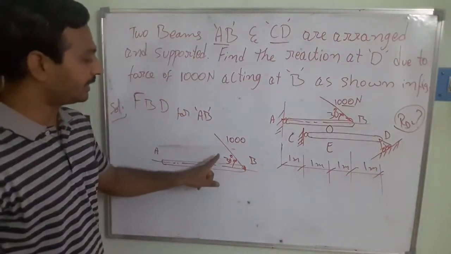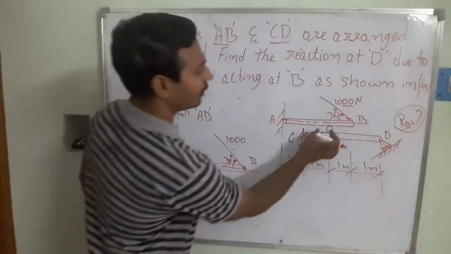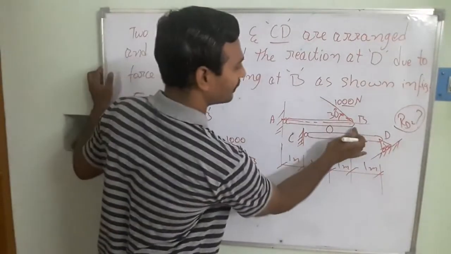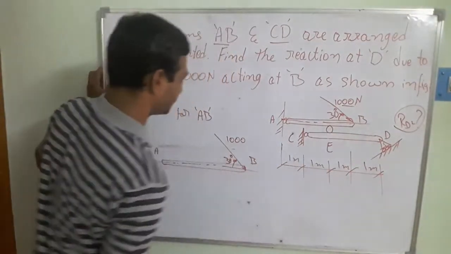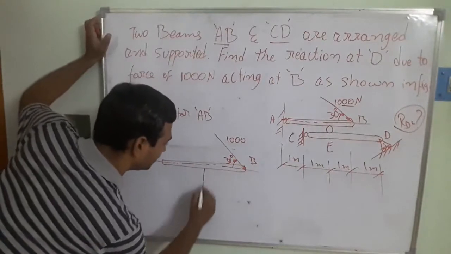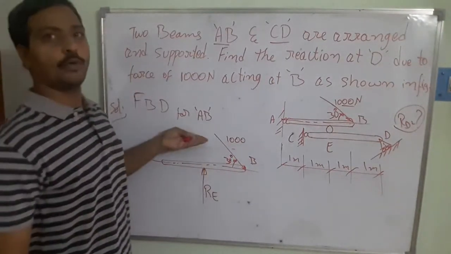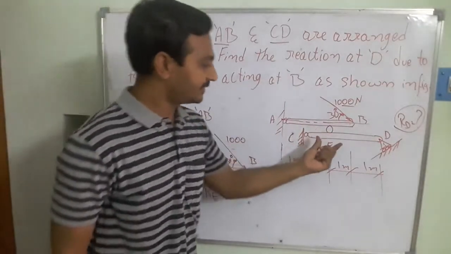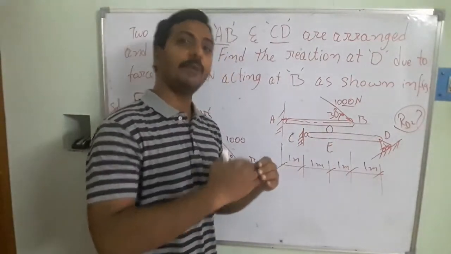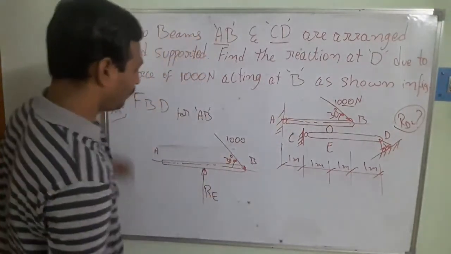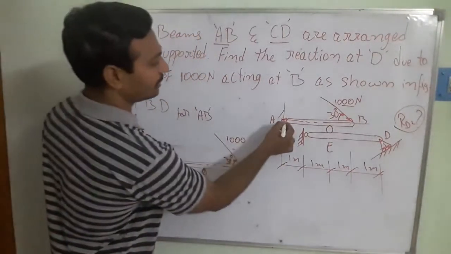Once the 30 degrees is shown, then I removed the support at E. So at what distance is it from B to E? That is the 1 meter distance we have here. So this is your E force, which is going to act in the upward direction, because the load is coming at point E, and the force is given back to the beam to keep it in the equilibrium position. So then what will happen in this case? That is going to be the RA.